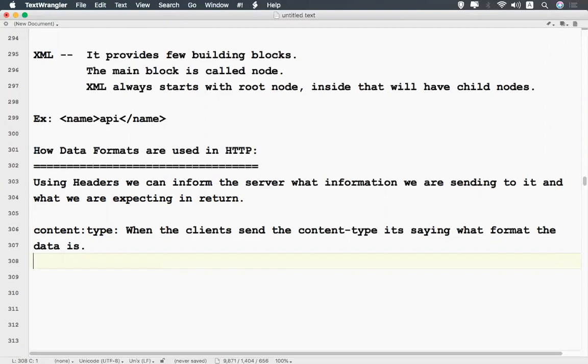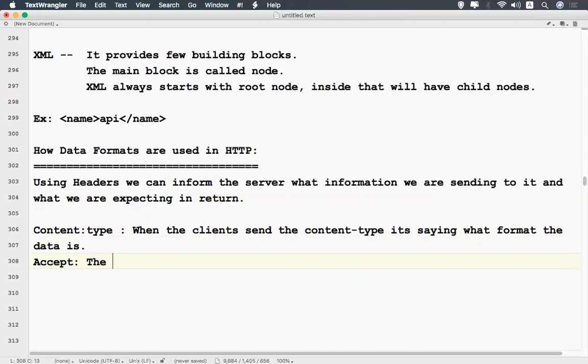And accept is what information we can accept when we get the response. The rest is the same, only the header is different.